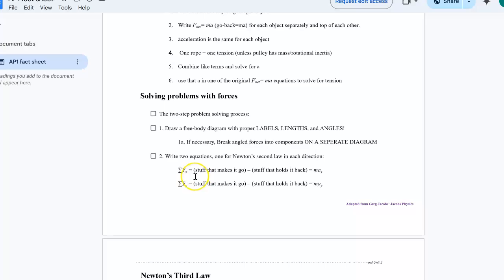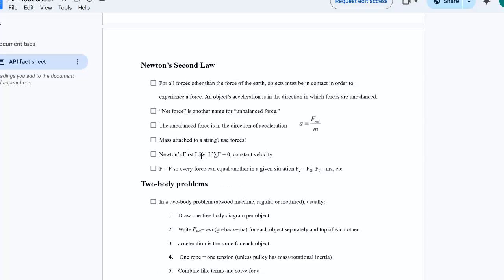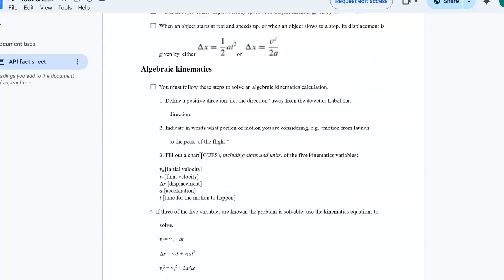So sum of forces in the x direction equals mass times acceleration in the x direction, and sum of forces in the y direction equals mass times the acceleration in the y direction. And we're going to need to draw a free body diagram. However, now